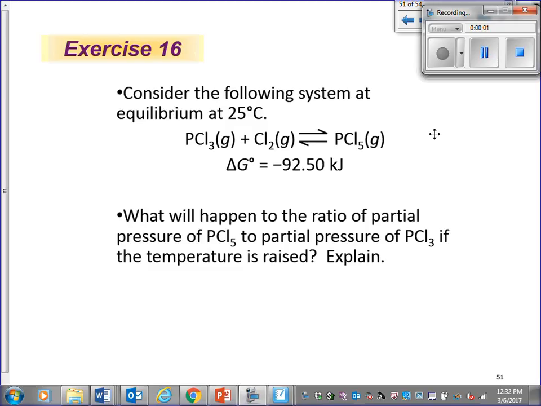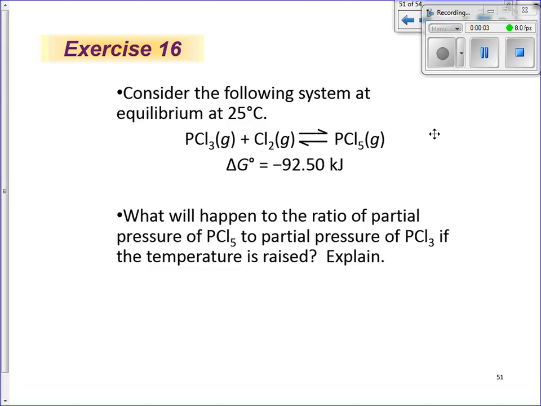Looking at exercise 16. Consider the following system at equilibrium. We have a negative delta G. What will happen to the ratio of the partial pressure of the phosphorus pentachloride to the partial pressure of the phosphorus trichloride if the temperature is raised? Explain. So basically this is a pretty conceptual question that you will need to think about in order to go